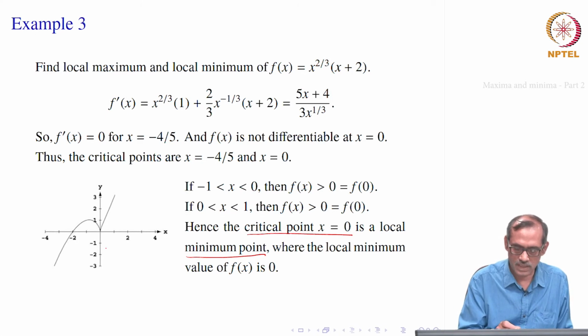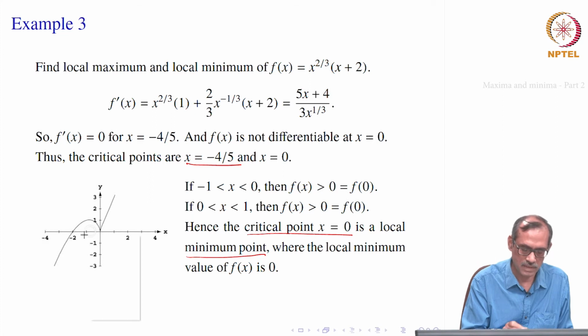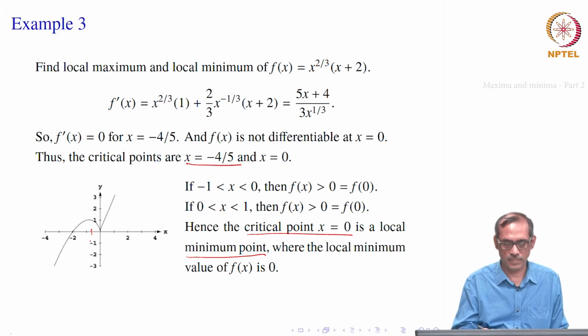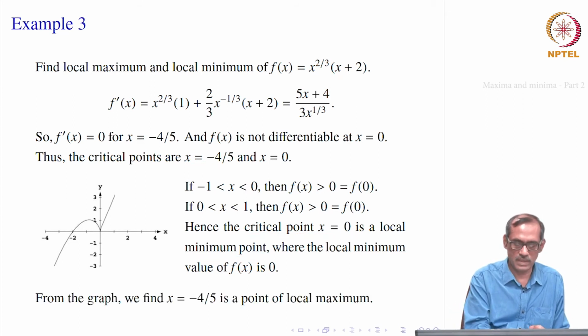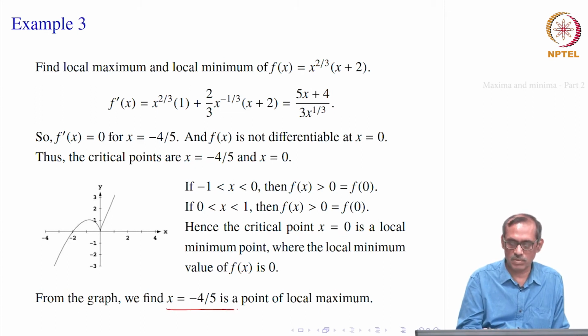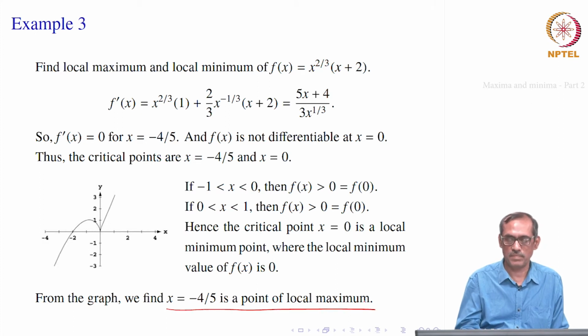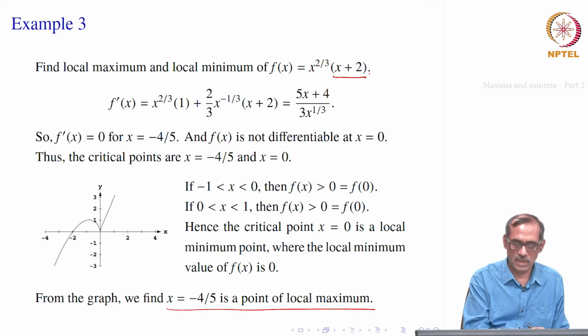Now, this kind of analysis will be difficult for x equal to minus 4 by 5, right. So, that may come somewhere here, minus 4 by 5, somewhere there, because the function is complicated, but still it can be done by computing the inequalities. However, from the graph also you can see directly that x equal to minus 4 by 5 is a point of local maximum. You have to really do this kind of thing, take a neighborhood around minus 4 by 5, so you limit to 1, so that it will be easier to compute and it will carry through.